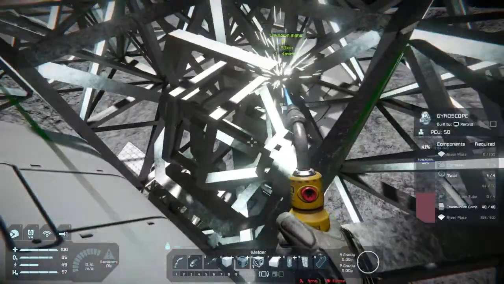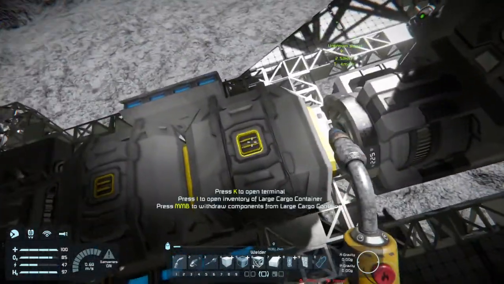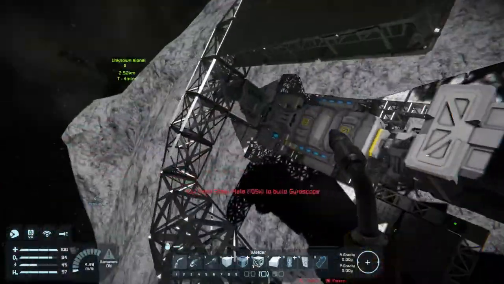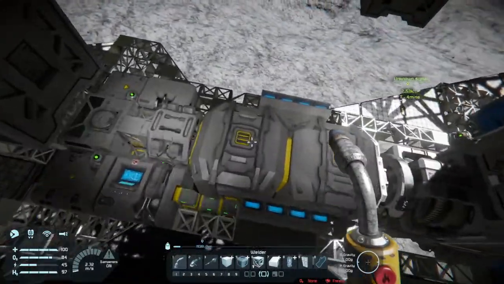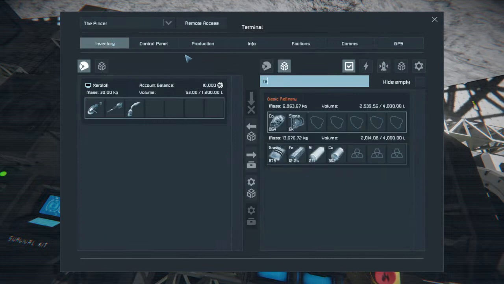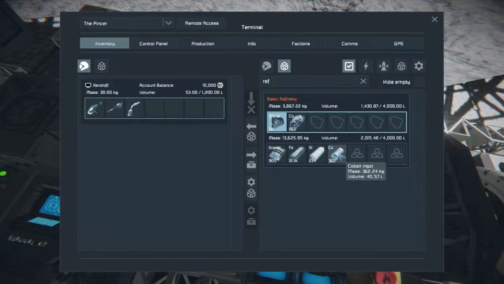Now the rest of this is just going here. Okay. All right, how are we doing for production? We are short on nickel again. Of course we are. How's the refinery doing? Okay, so that needs to do the stone instead, because that'll get us nickel. But the cobalt's almost done, so that's good. It'll probably save me a fair amount of weight. So that's 362, yeah. So ore weighs a lot more, or has more mass anyways, than the actual bars, so...